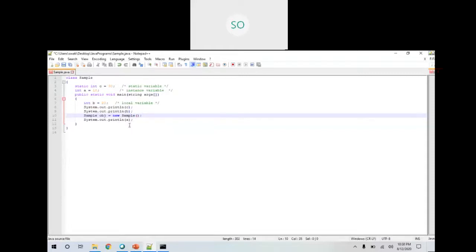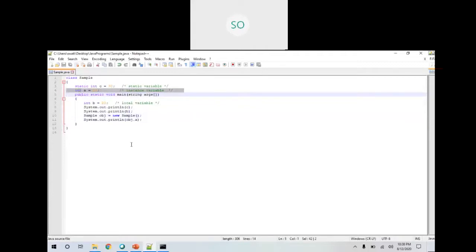Once we have created the object, then while printing the value of a, we must write object name dot variable name to print the value of the instance variable. Like that we have to print the value of a. So first we must create the object, and through this reference we can access the instance variable a.